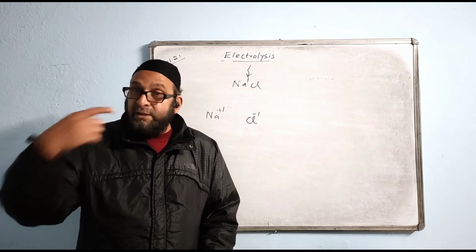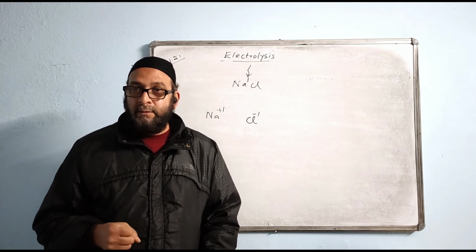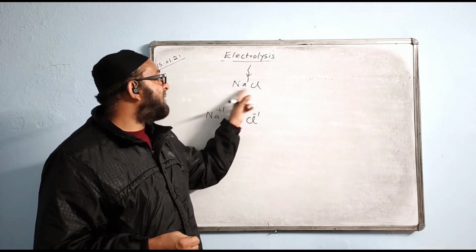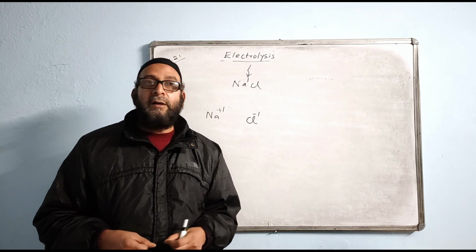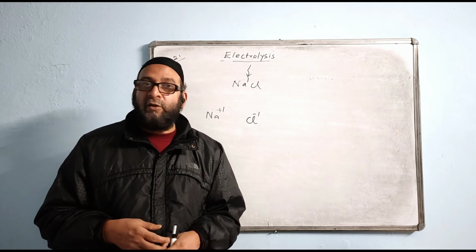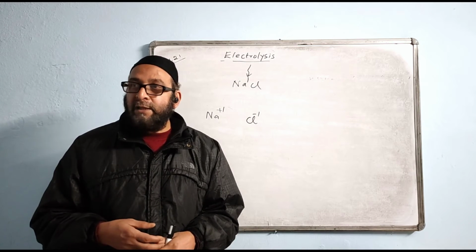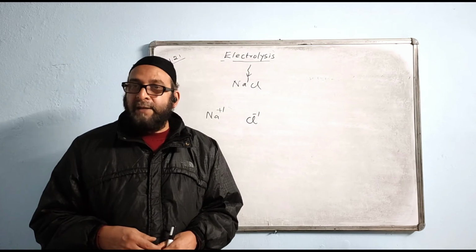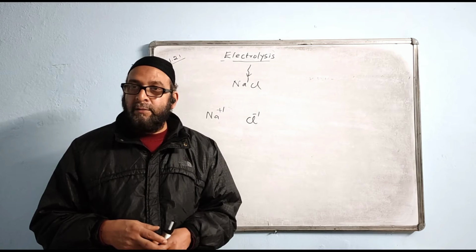And the substance which conducts electricity in the aqueous or molten state is called an electrolyte. Like if you are passing current through molten NaCl, the molten NaCl is the electrolyte. If you are passing current in the electrolysis of molten lead bromide, suppose we are using molten lead bromide, it is the electrolyte. And the electrolyte only will break up. Decomposition will take place there only.